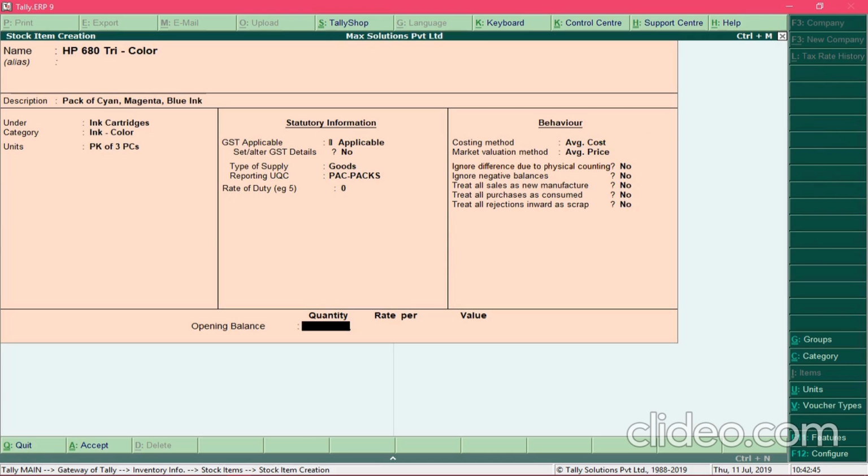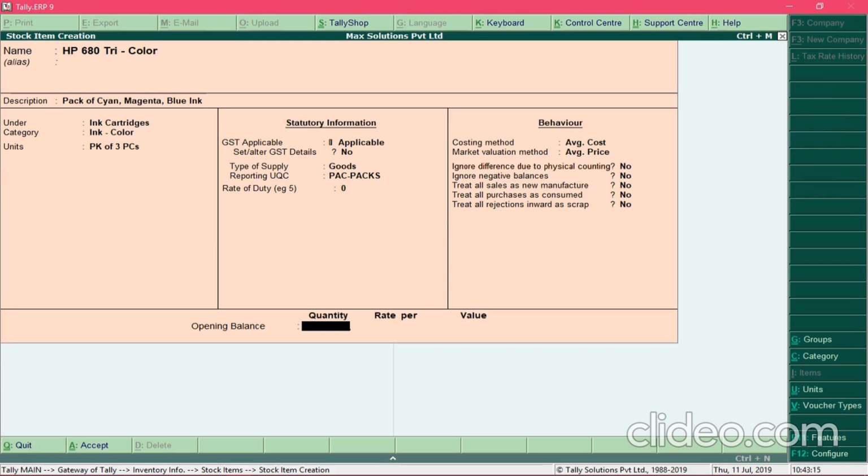And in the field for opening balance, you can specify the quantity of stock which is already present with you. So in case you are moving from manual accounting to computerized accounting, and you have information about the quantity of available stock, then you can specify it over here.